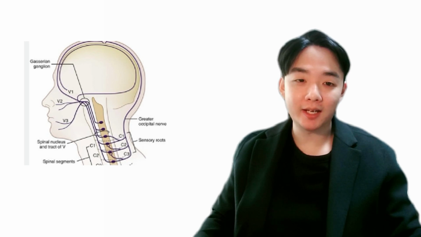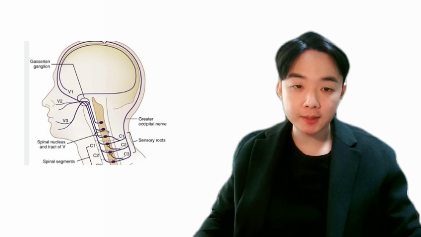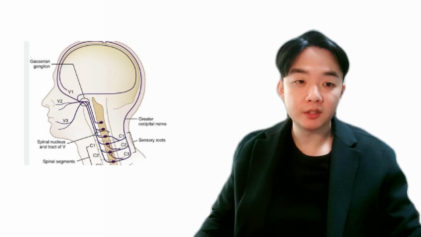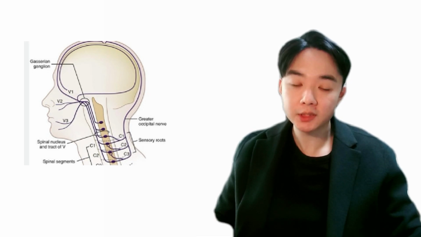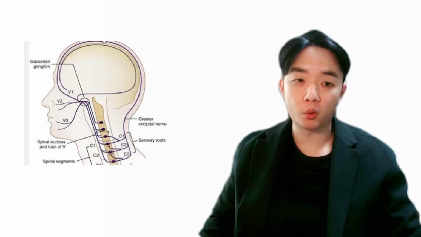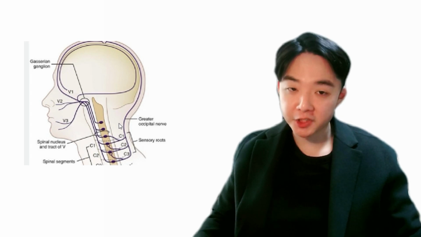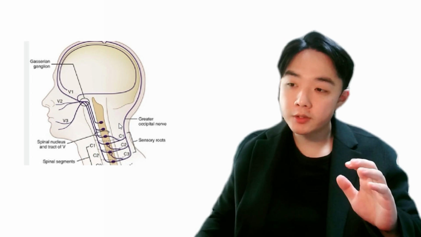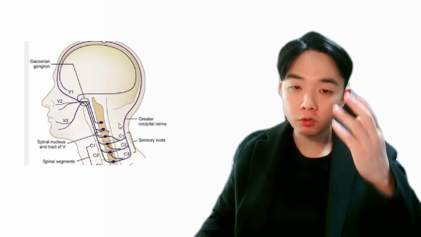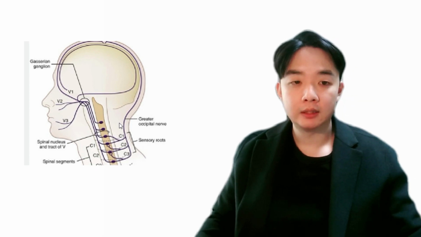Cervicogenic headache is a type of headache that is caused by a problem in the neck, specifically the upper cervical nerves and the trigeminocervical complex in the cervical spinal cord. It is thought to occur due to the convergence of these structures, resulting in pain in the retro-orbital area, the front and side of the head.